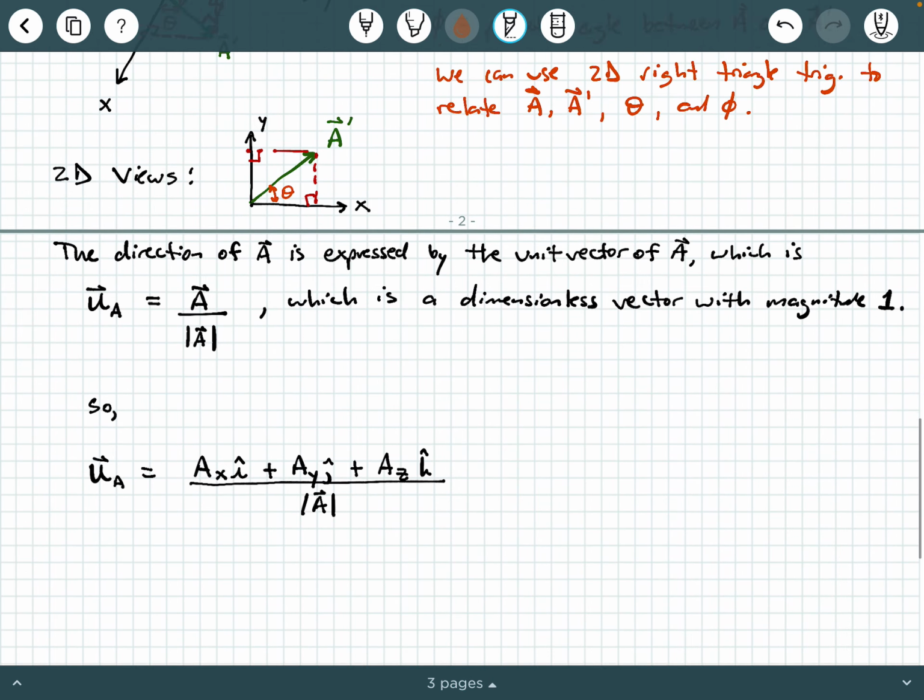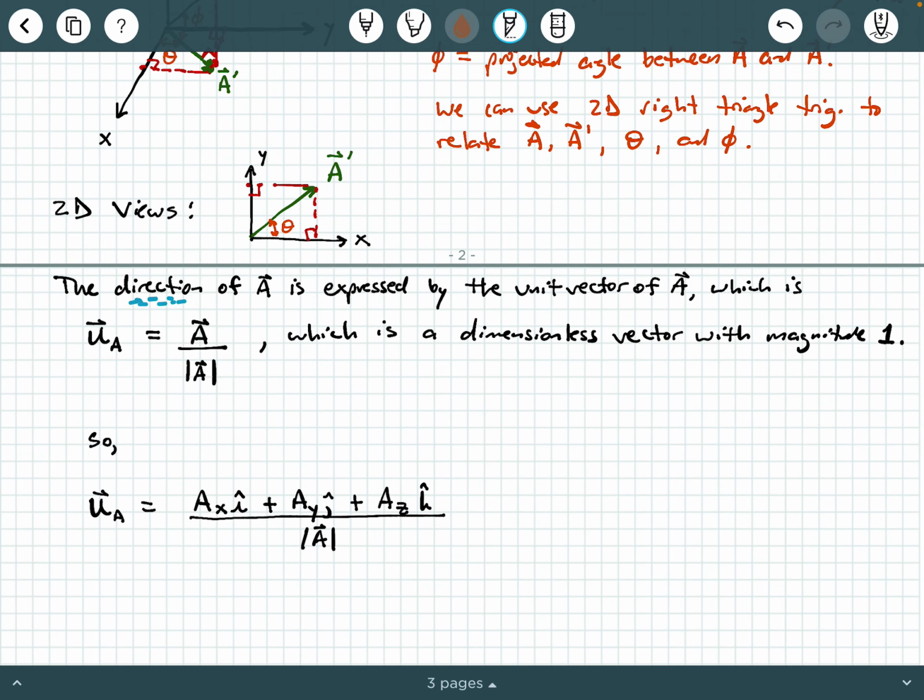So I'm going to scroll up, okay? The direction of A is expressed by the unit vector of A, which is given by this handy little equation. So U sub A, that's a vector, is going to be equal to vector A divided by its magnitude. So a unit vector is a dimensionless vector with a magnitude of 1. And so, again, you might have learned this in a physics course. This video is more for the sake of statics, but you might have learned a little bit about this in